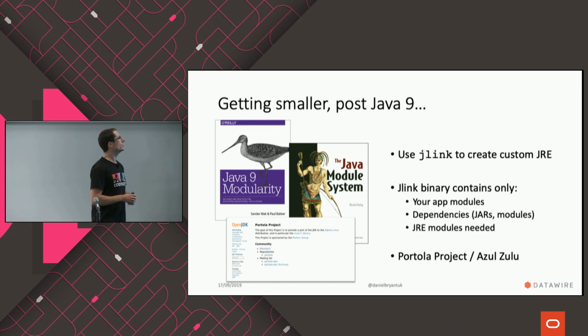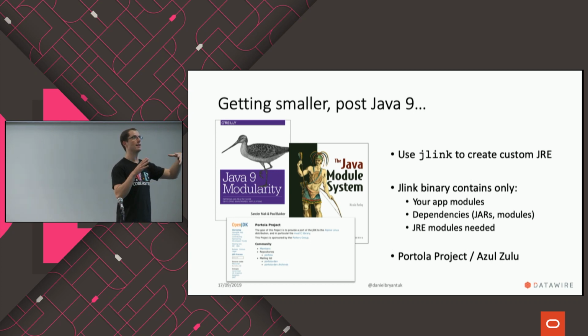Post Java 9, you can use JLink to create custom binaries, effectively native binaries, where it compiles everything into the artifact, and you don't even need a JRE on the machine, because it's all there. There's things like Project Portola and Azul Zulu, which do some clever stuff, because some of the issues with a big